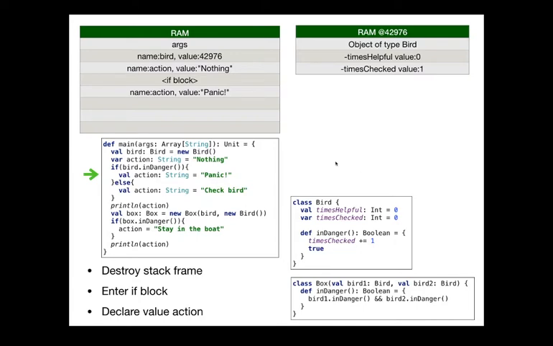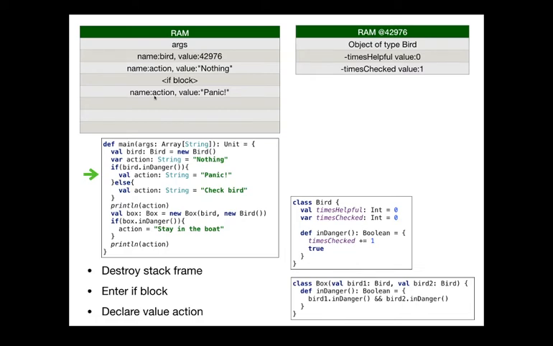Here we saw this last time. Since we declared a new variable named action, and since we already had a variable named action, this seems like a conflict, but since we're in a different block, these are completely different variables. This is the action variable in this block. This is the action variable in this stack frame. This is this stack frame, and this is the action variable that can only be seen from within this block. So when we access action from inside this if block, we're going to find this action, assign it the value panic,